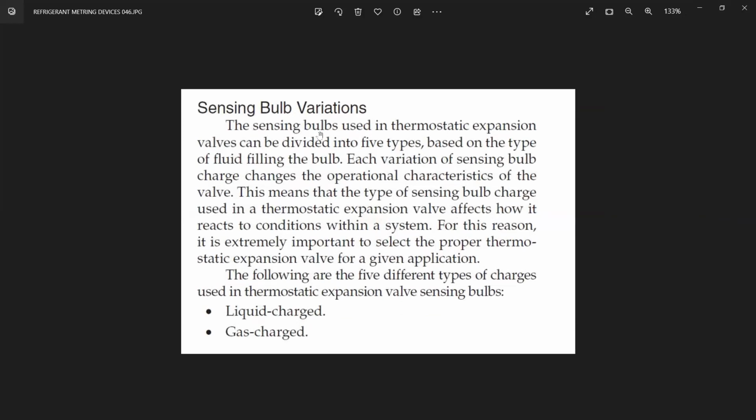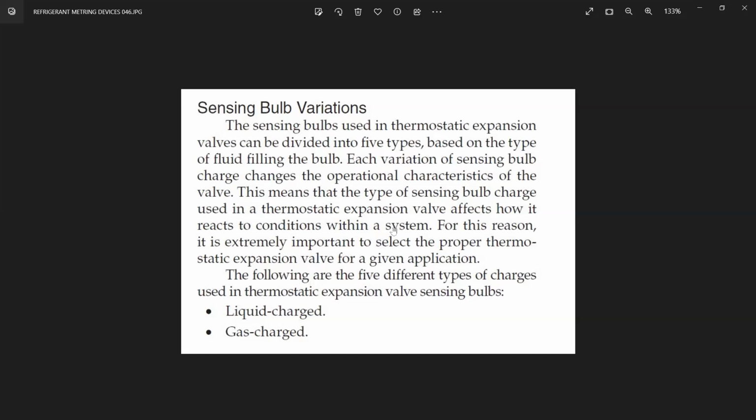So, the sensing bulb used in TXVs can be divided into 5 types based on the type of the fluid filling the bulb. Okay, what is the fluid filling the bulb? Now, each variation of sensing bulb charge changes the operational characteristics of the valve. Means how the valve will act will change. This means that the type of sensing bulb charge used in TXV will affect how it reacts to the condition